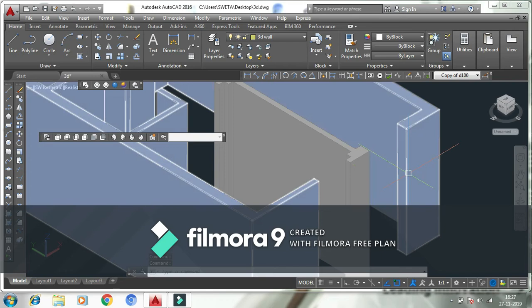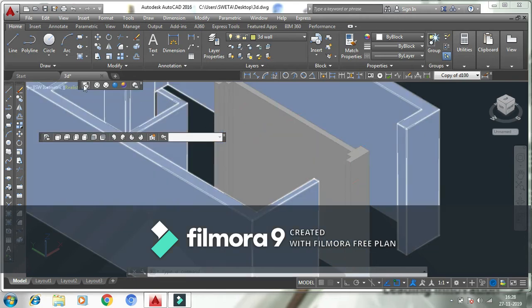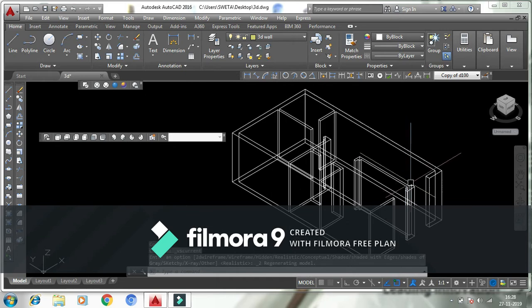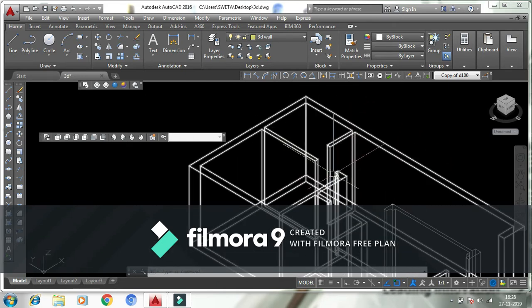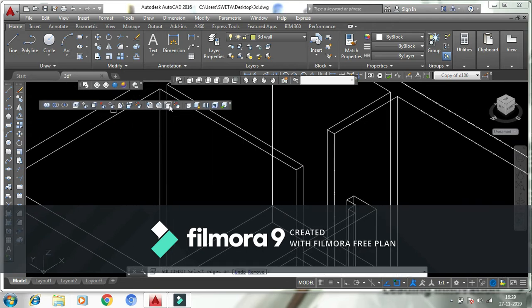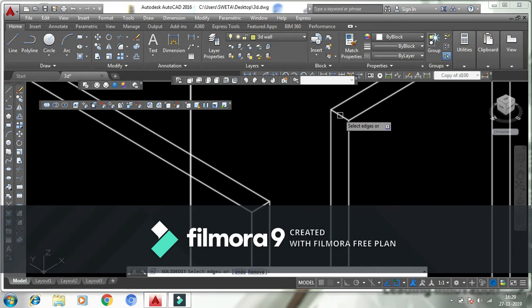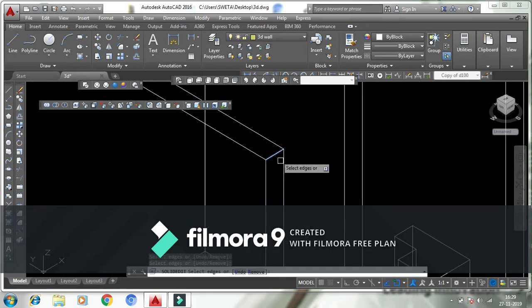If the door is, say, 2100 height, then there should be wall over the doors, right? So what I'm going to do is create the walls which are going to be on the top of the door, above the door. So I'm going to use copy edges. I'm going to select all the edges, like this one, this one,